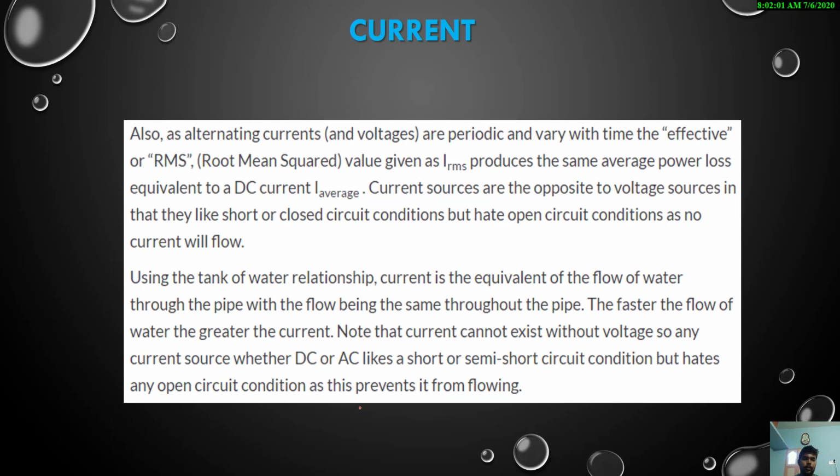flow. Next, we will see some parameters. Generally, an AC voltage or AC current waveform has two terminologies: the RMS value of the AC current and the average value of the AC current or DC current. These are the two basic terms, that is I RMS and I average.